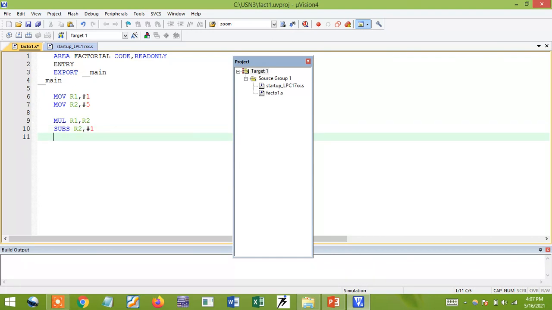Next, once you've done this process, now I'll check for the equality. Branch not equal, then go to loop 1. So where is my loop? I need to do the multiplication repeatedly. So loop 1.